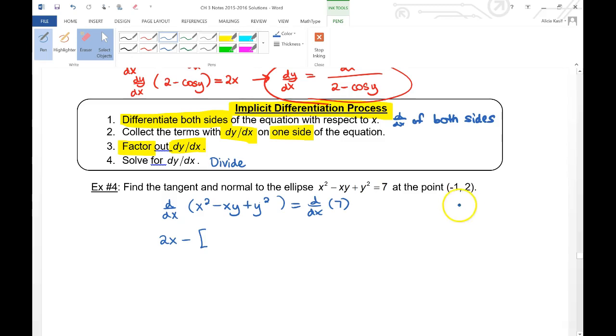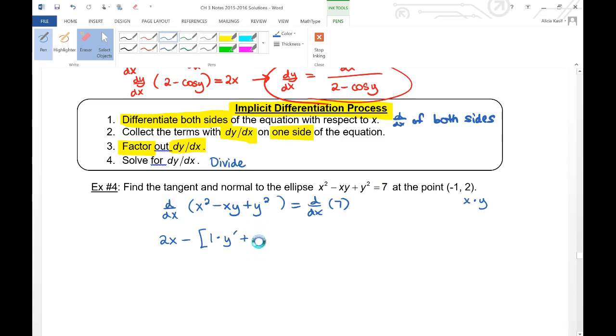Think of x times y as u times v. So what would be the derivative if it were u times v? It'd be 1 times y prime. For right now, I'm going to just write y prime so I don't have to write dy dx. Plus,